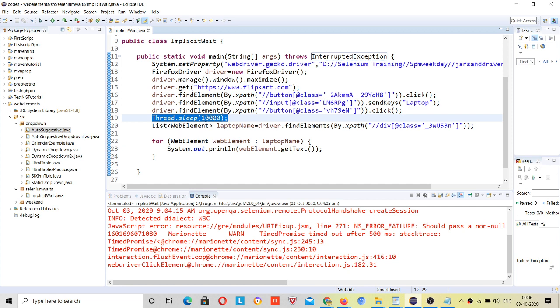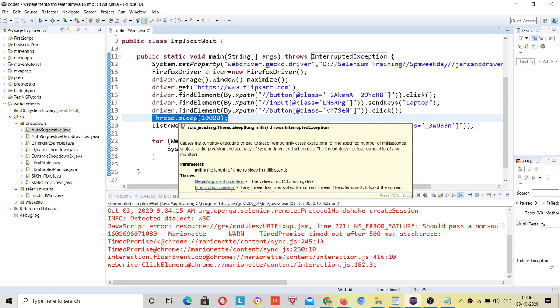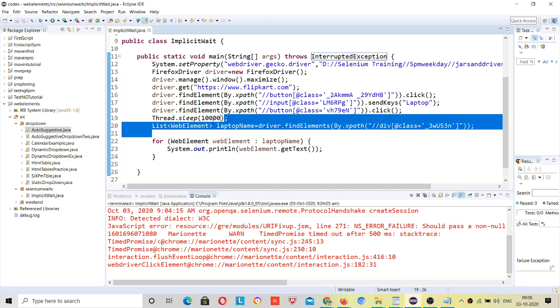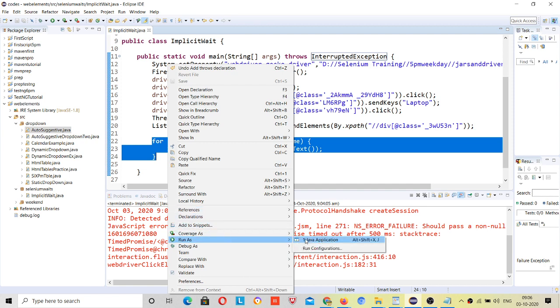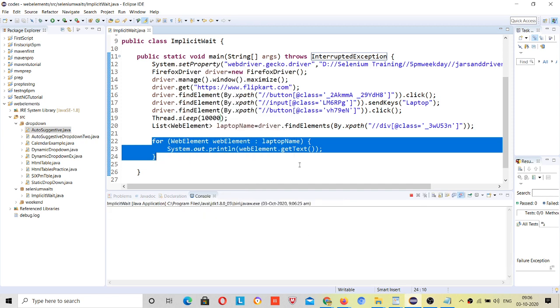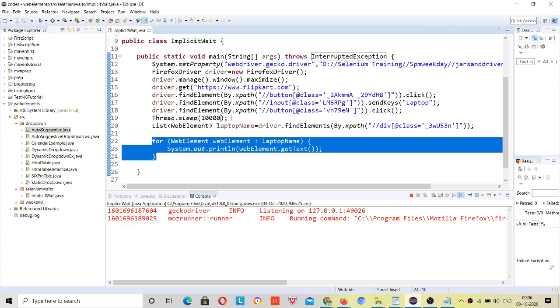So I have provided Thread.sleep here, right? So after the list loads, it will print all the results, right? So again I will run this. Currently I have given a 10 second wait.